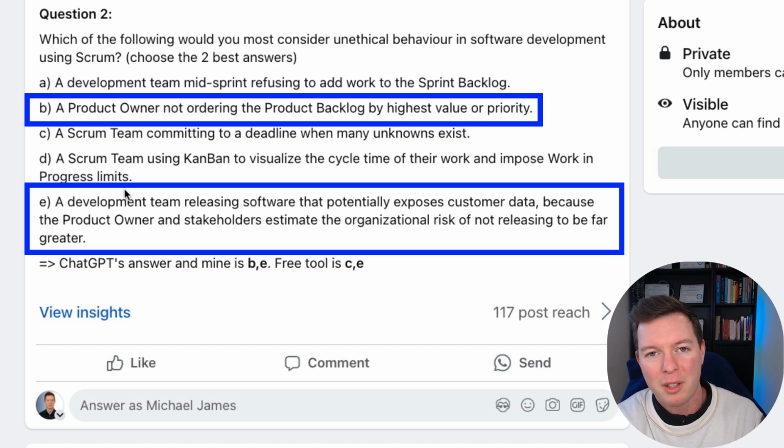But there's also the dependency question as well, which might change the priority order. But the product backlog should be ordered by value to the users and the customer and the stakeholders. So B, I think, is the correct one with that one.